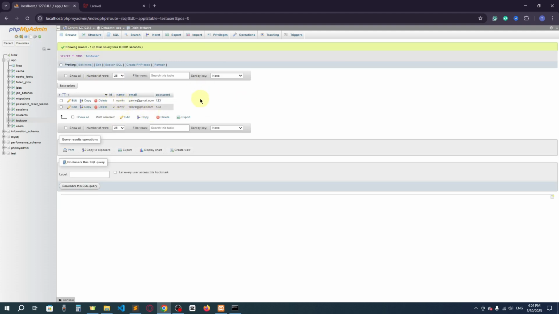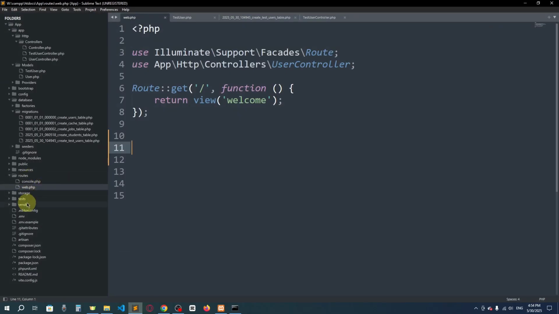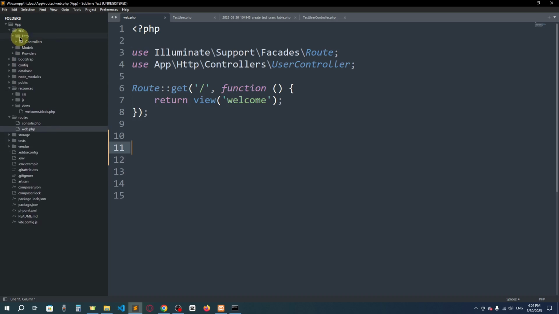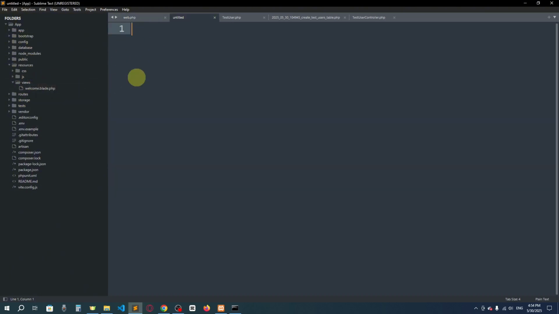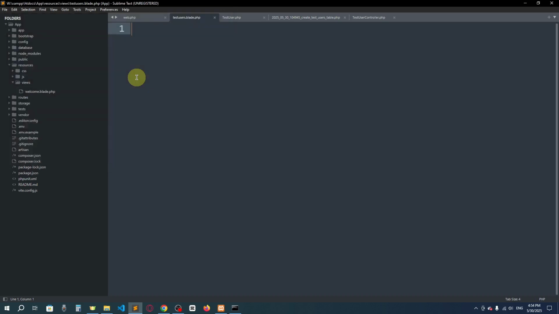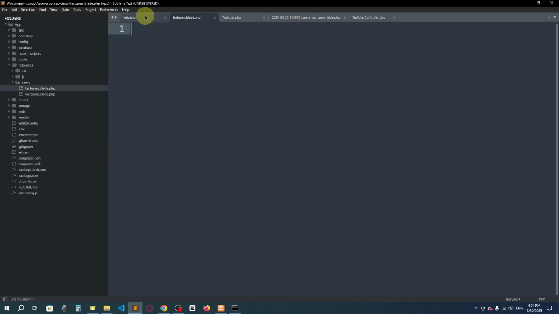Okay, now I want to show all the data in my view. So I'm going to create a view. We know we'll find views in the resources and then views. Here you can see. So I'm going to minimize all of them. All right, here you can see we have routes and views. So we have routes open, and here you can see we have views. So I'm going to create a new view, where I want to say users dot blade, or I can say here test-users dot blade dot php, and here I want to show all the